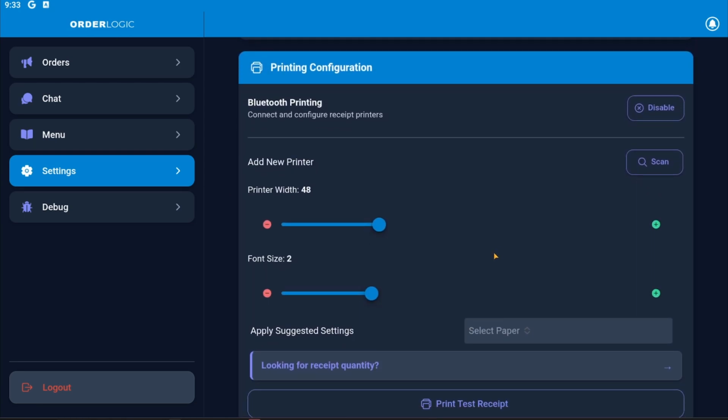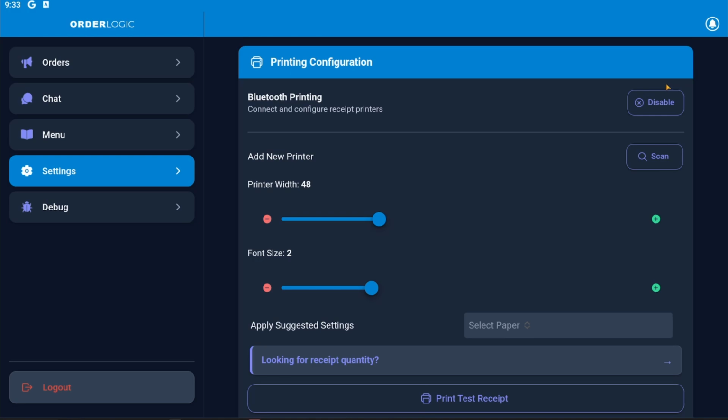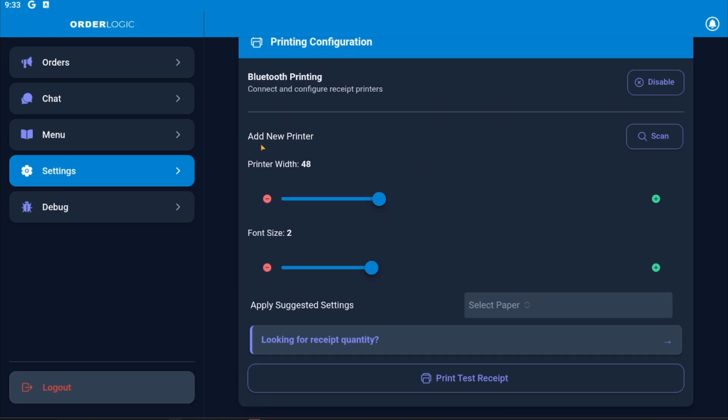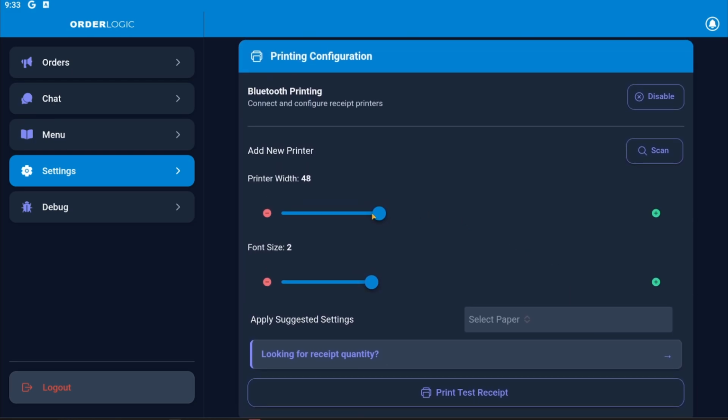Now from here, we're going to go back into settings. And now we have printing configuration as well. You can see here that, as before, you can connect to a printer. You can add a new printer by hitting scan here and just go through the prompts on your screen. You also have the printer width and font size. You will need to play around with this. We have our suggested